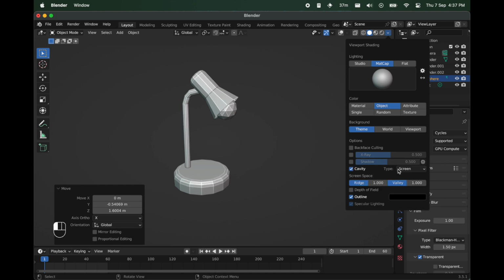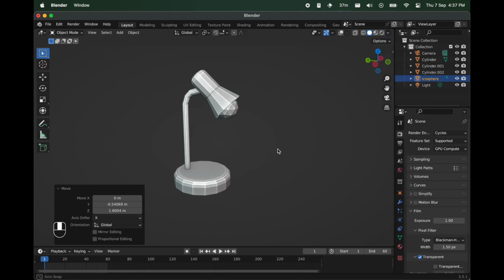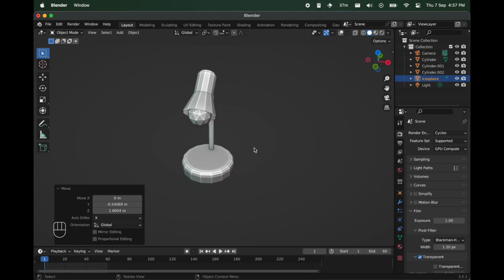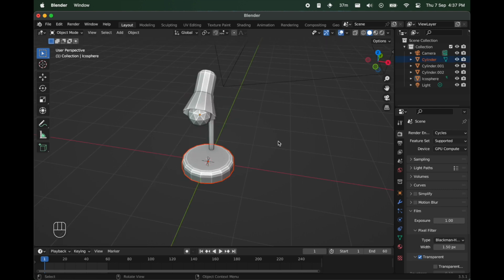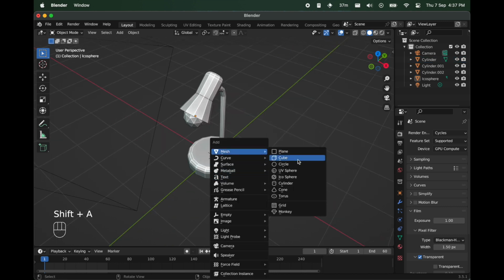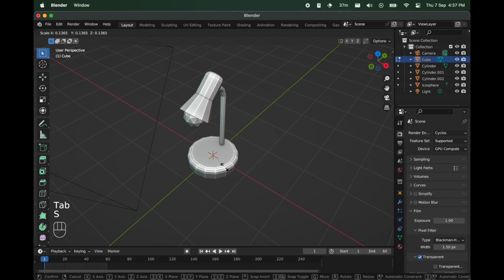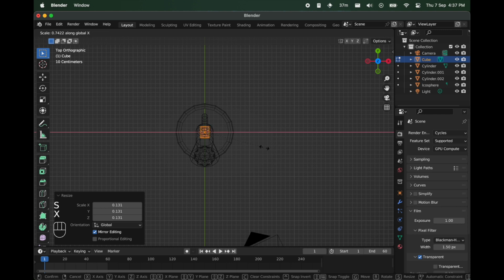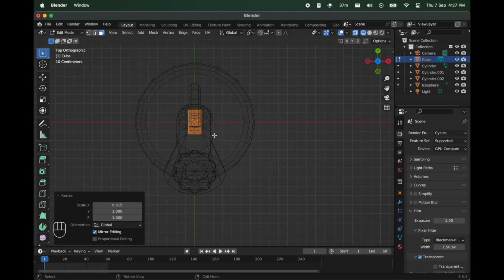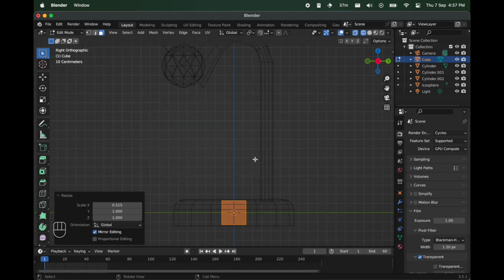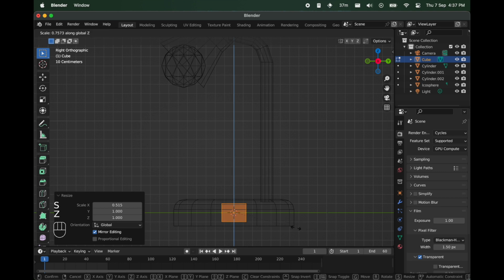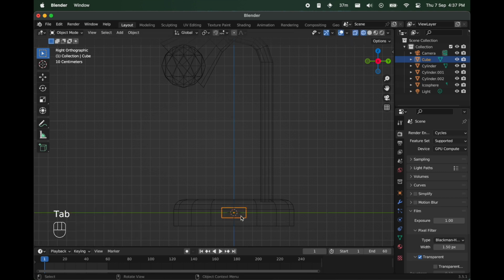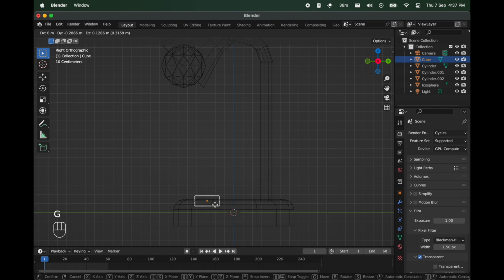So let me enable cavity and both. So you have there our bulb. You can add a switch here. So let me enable the grid. Do Shift A, cube, edit mode, scale down, wireframe mode, go to the top view, scale on the X by pressing S and then X like this. That is fine. And then go into the right view, scale on the Z axis by pressing S and Z, scale it like this. Go to object mode by pressing tab and then G to grab it